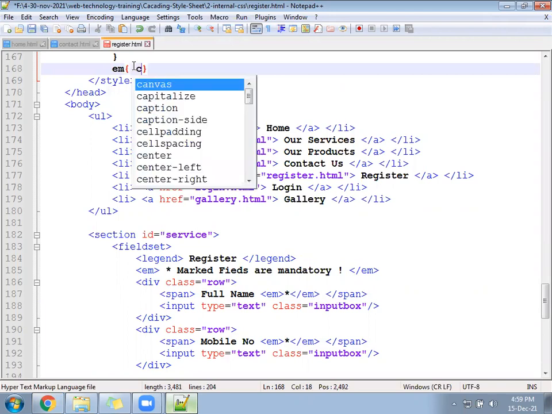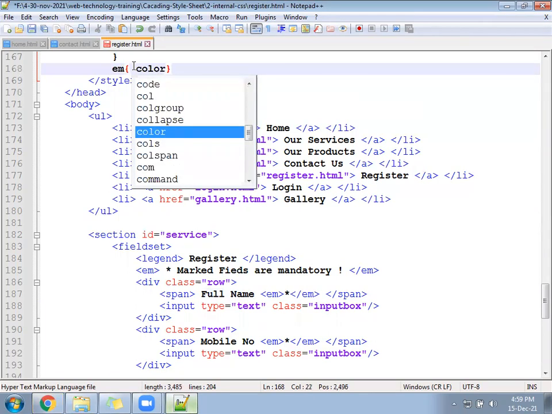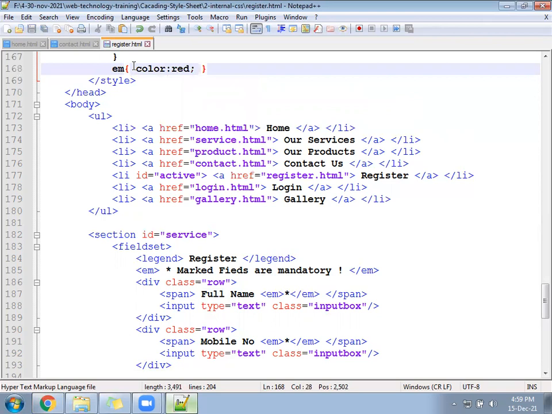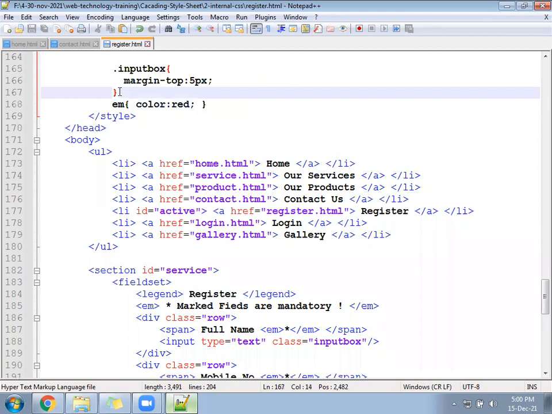EM tag, color colon red. Wherever you use the EM tag, the color will come in red, whether it is a small text or long text.